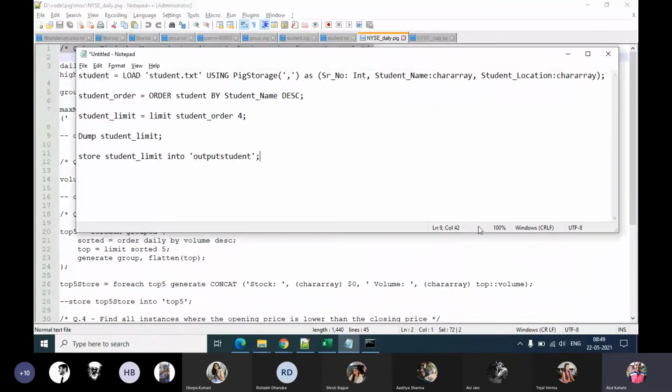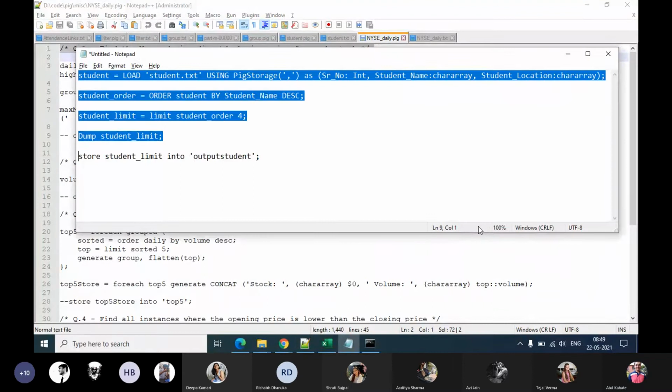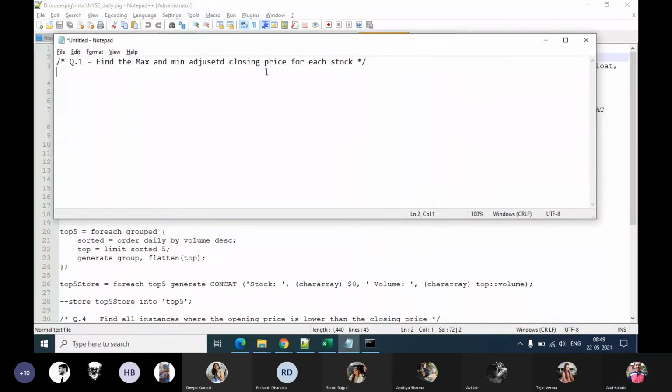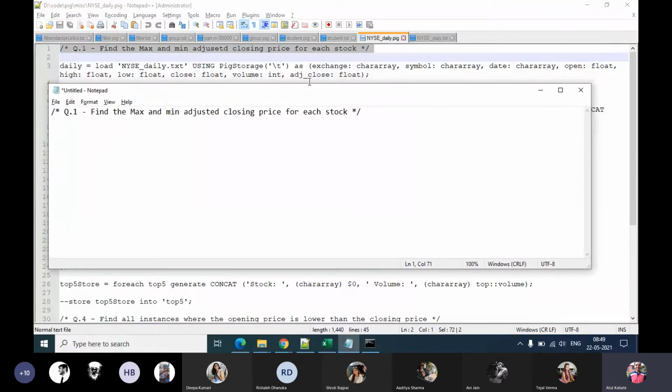The first question that we are trying to solve is find the maximum and minimum adjusted closing price for each stock. As we know, this contains the field called adjusted close. What we are saying is we want to find the maximum and minimum adjusted closing price for each stock.